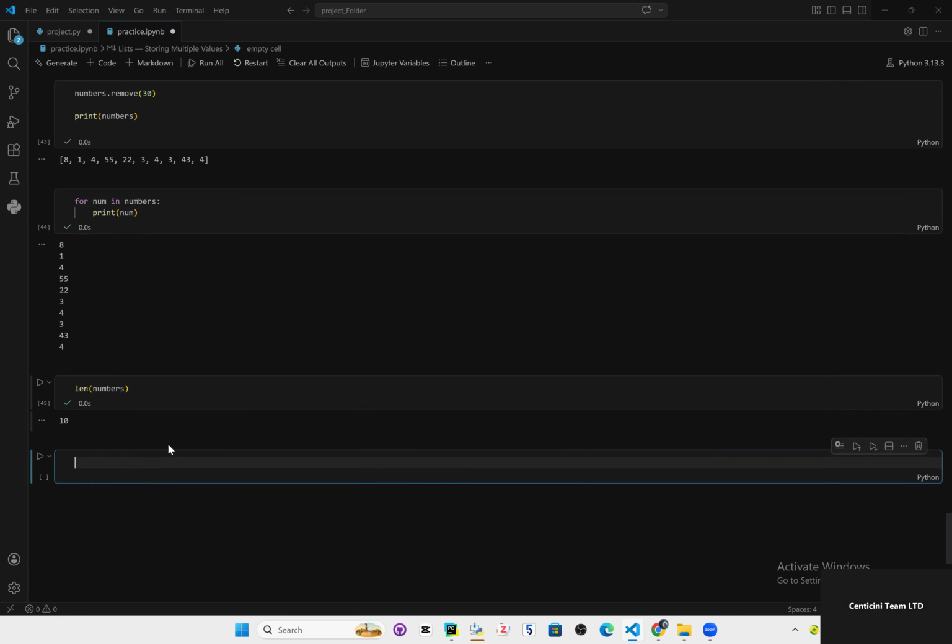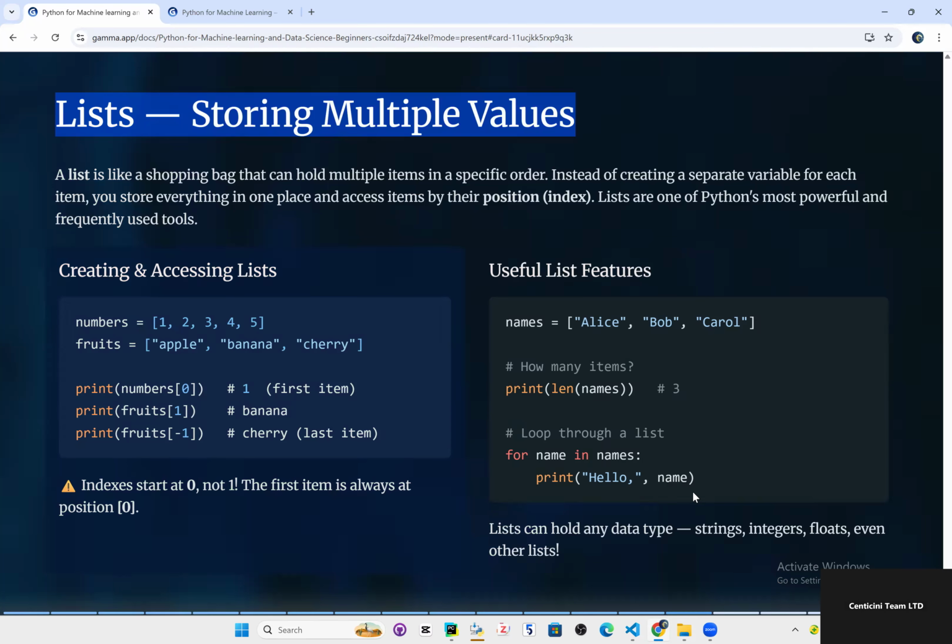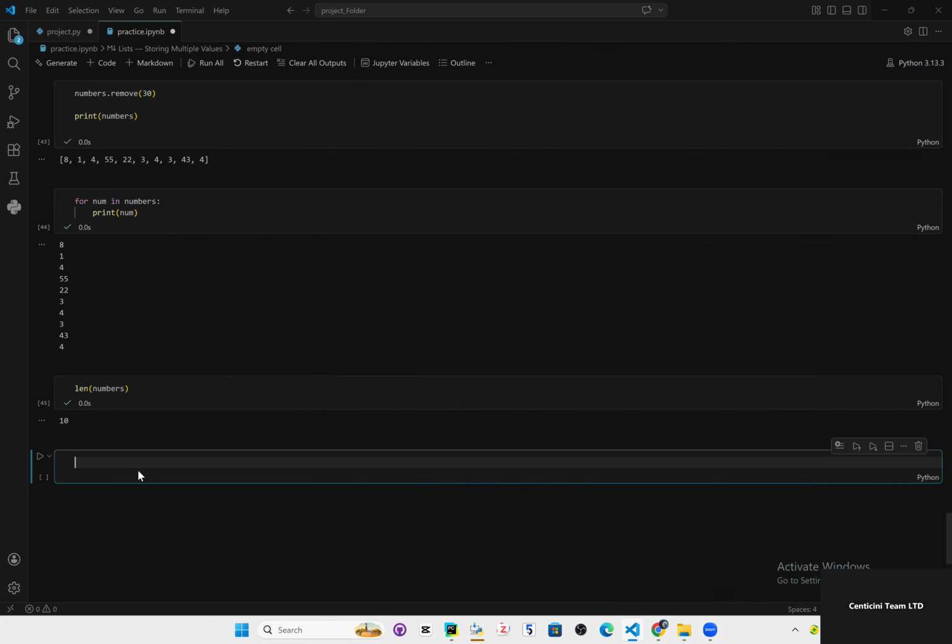And of course, it's going to tell us 10 items inside of there. So there are a lot of things we can perform inside of a list, and it's quite important for you to know that. And this can also hold other data types. I could also mention that. We could say